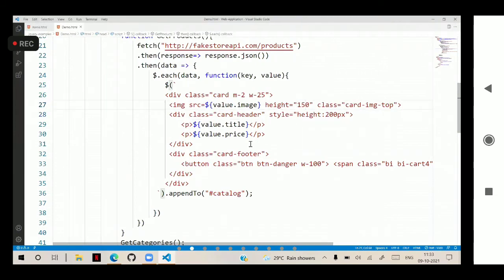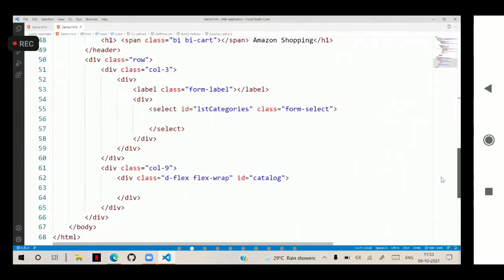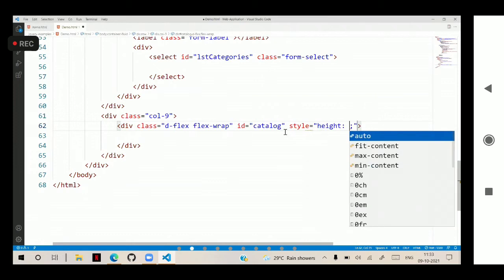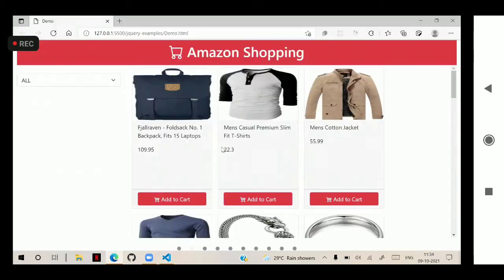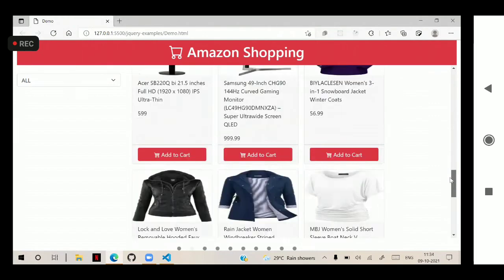Okay, 150. Now we are accessing the data and displaying the data here. And for this container catalog, we are having style height as some 500 pixel and overflow auto. Then you can scroll the contents and view them so that it will be available.